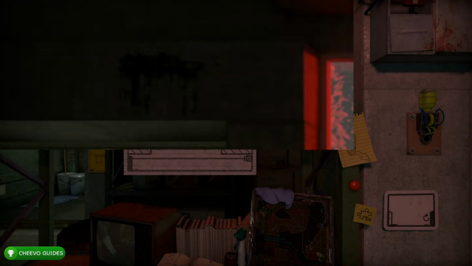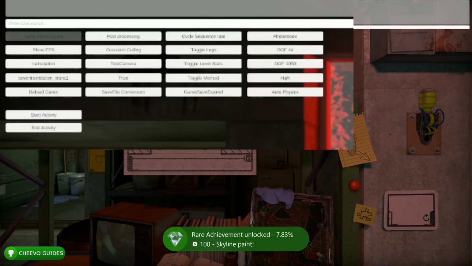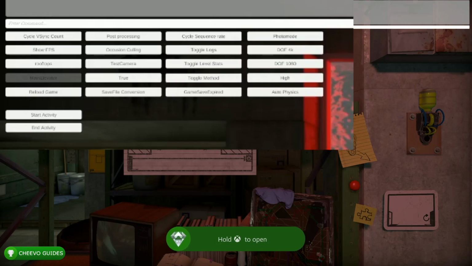Again, that's Tower Train Station Trans 1. After that, press reload game. It's going to load us up in that specific checkpoint, unlocking the achievement or trophy related to that area. Just like last time, we're going to pop up the debug menu once again, and this time we're going to select the next level,